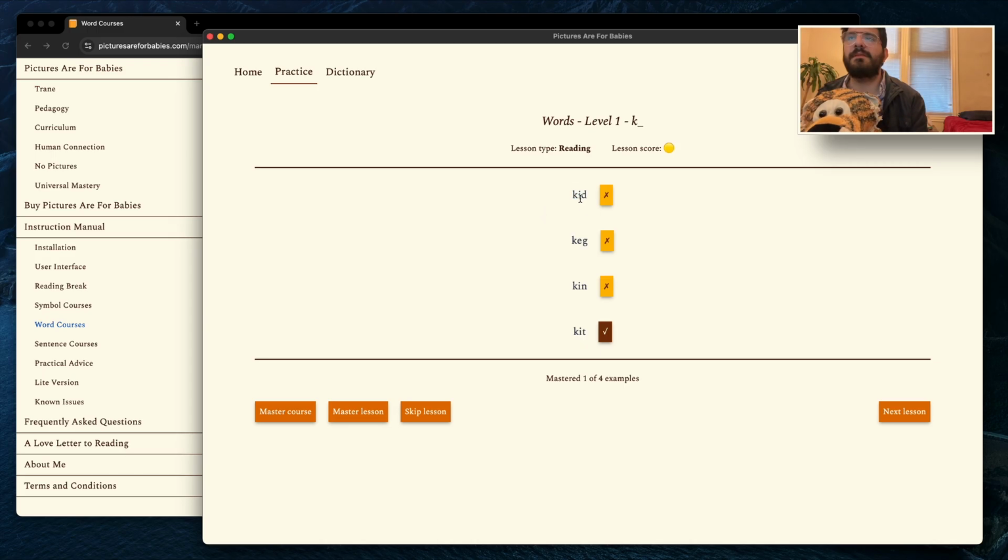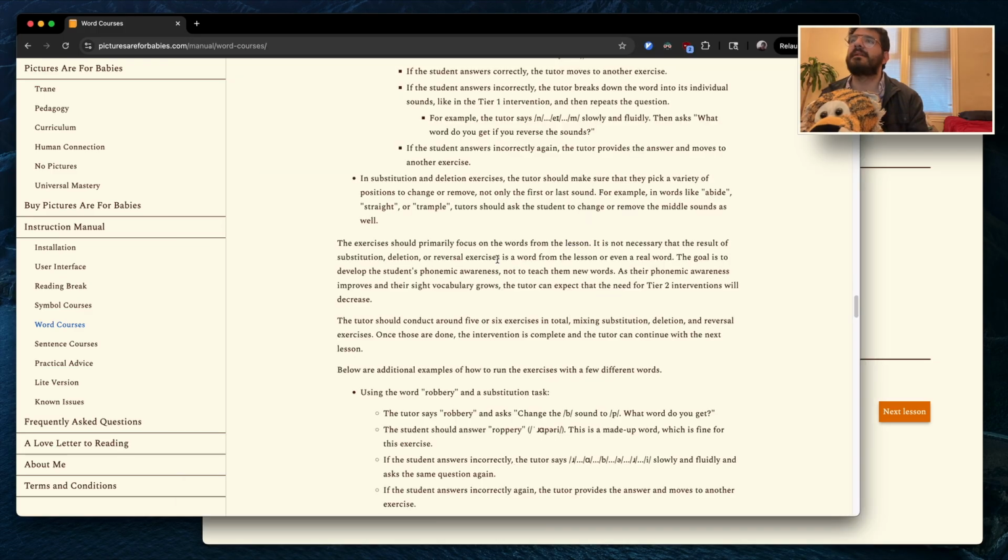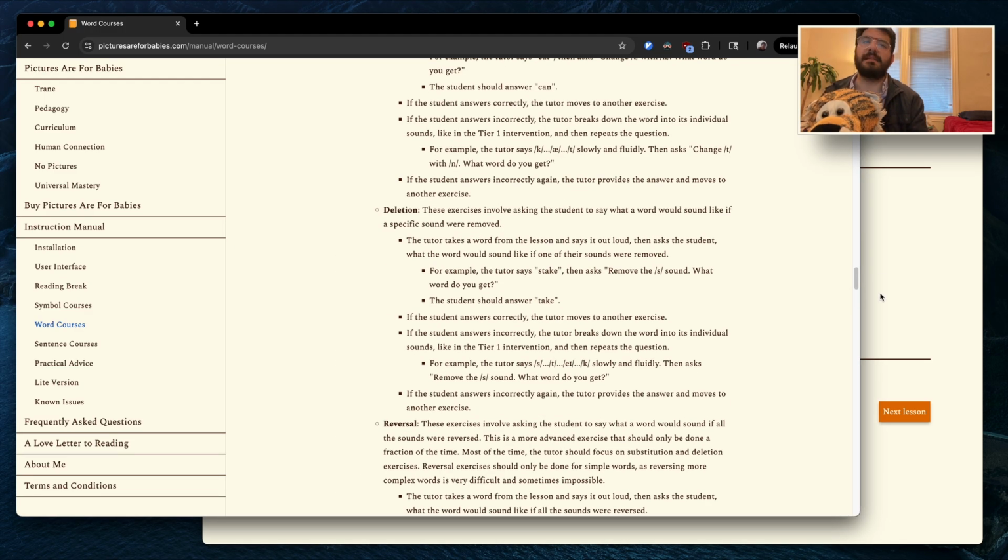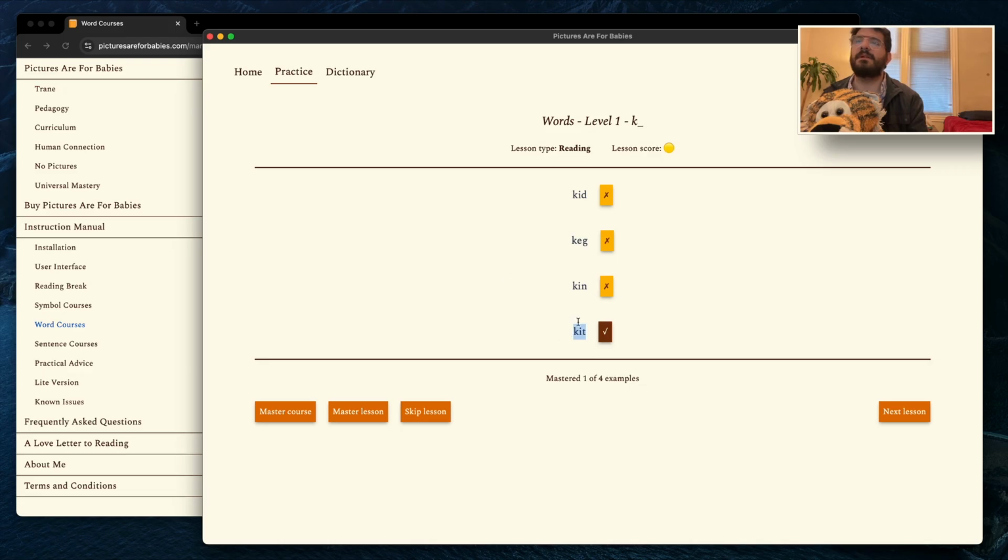So let's say we want to replace the D sound with a T. So we're going to ask the student, we have the word kid. What word do you get when you replace the sound D with T? And the answer they should get is kit, right? So this word kit,